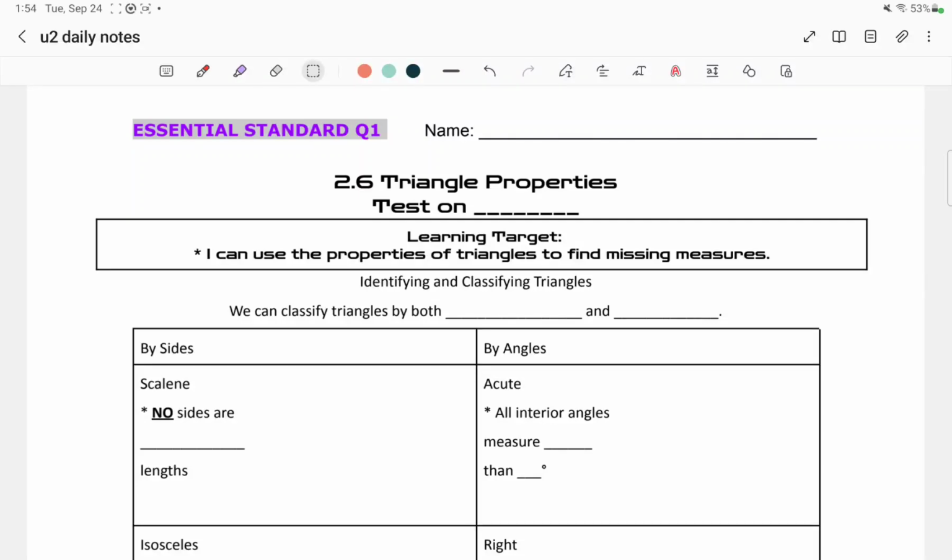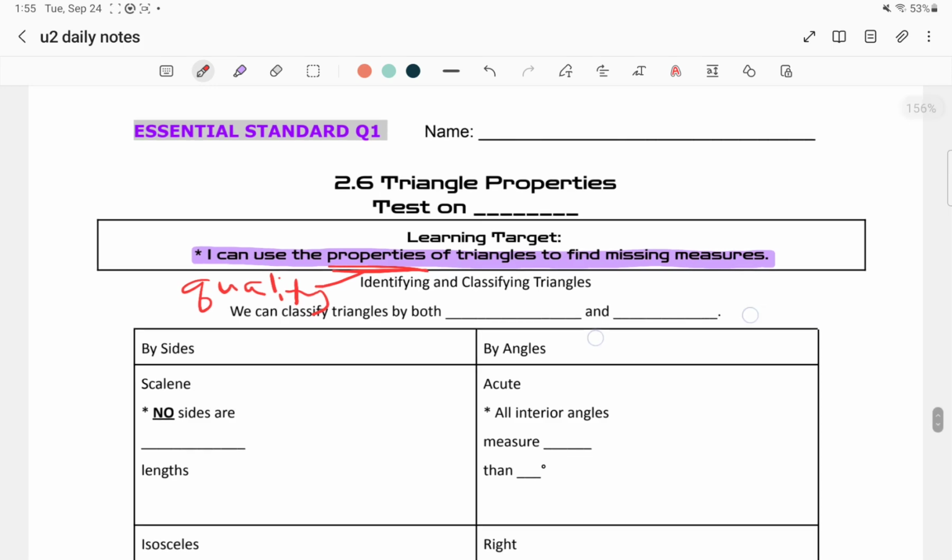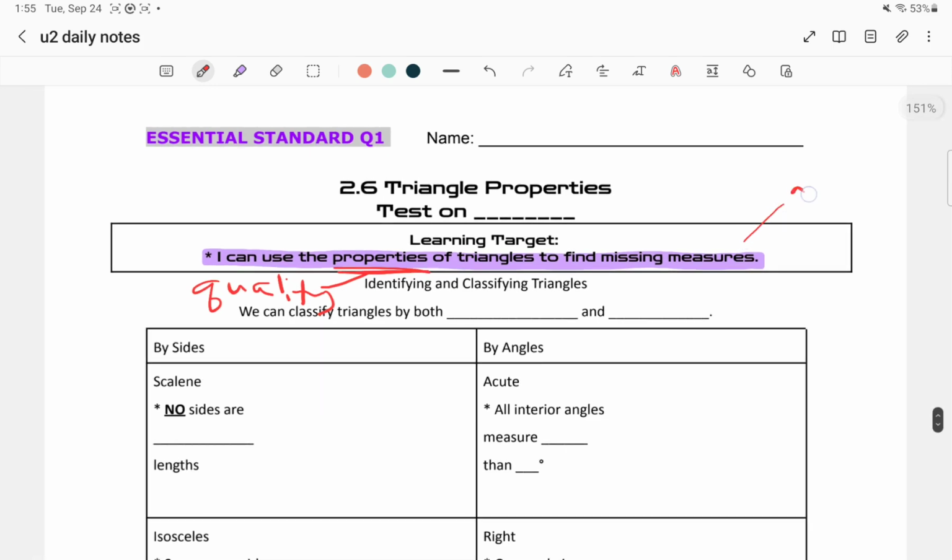Hello students. Today we're talking about triangle properties. So, properties, that's a fancy word for like a quality or a characteristic of something. So we're going to be talking about qualities of triangles that help us find missing measures of angles and sides. Because those are what we have on a triangle, angles and sides, and that's what we